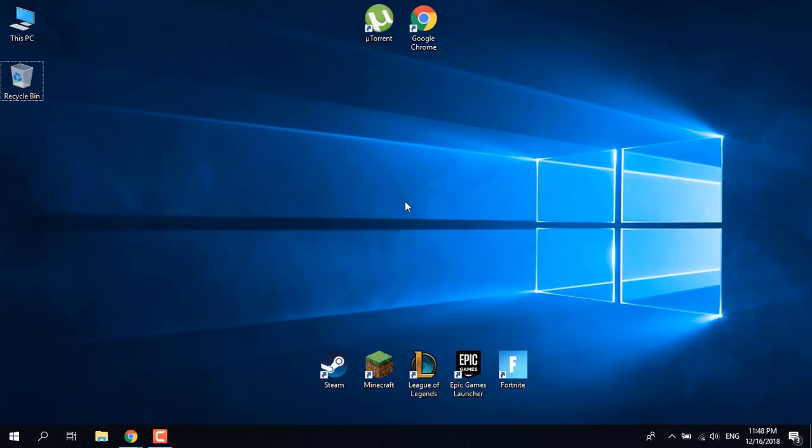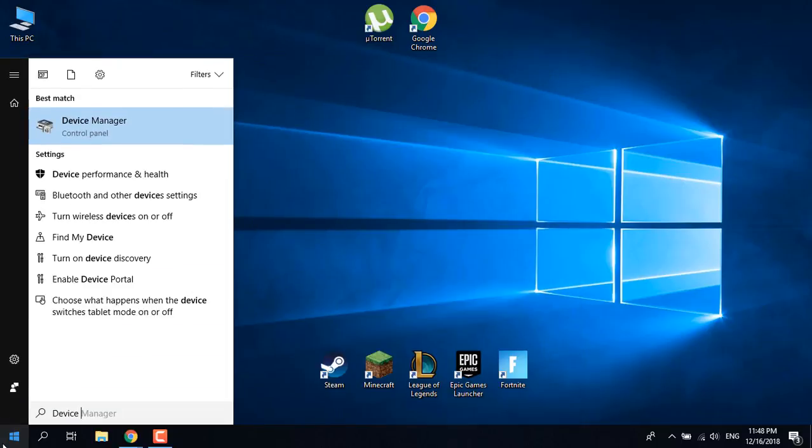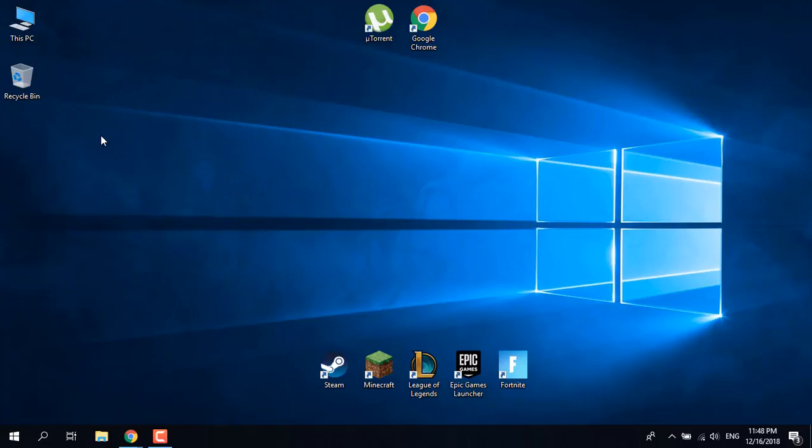If that didn't work, there's one more solution you can try. Open the start menu again and go to device manager. Open it,